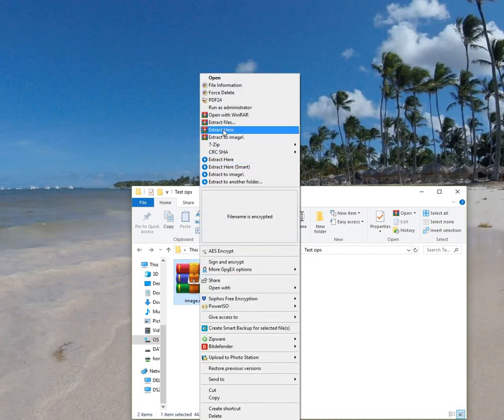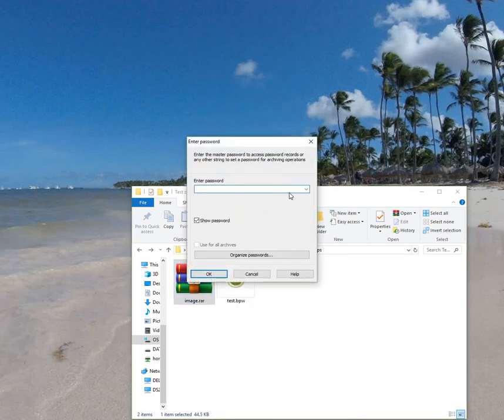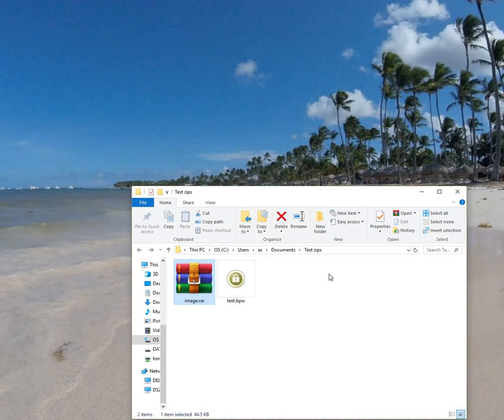If I extract it here using WinRAR, I have to open the password manager, click OK. It reveals the passwords. Select the one you've chosen to open it, click OK, and then it does. Alright,